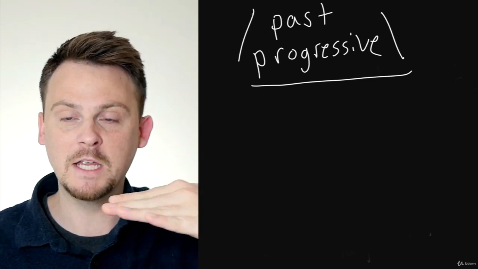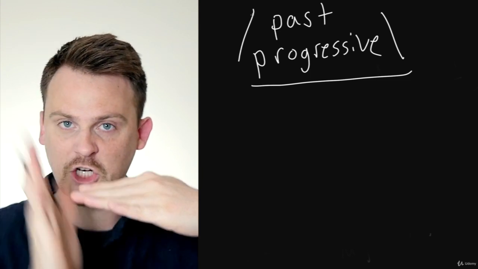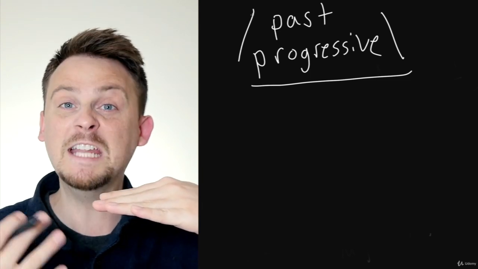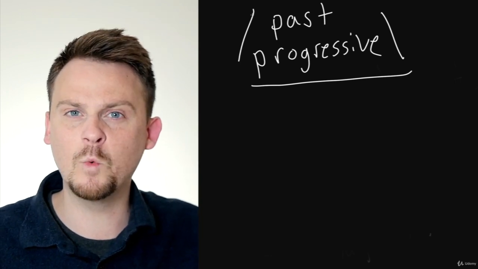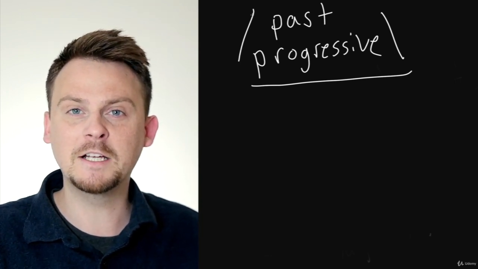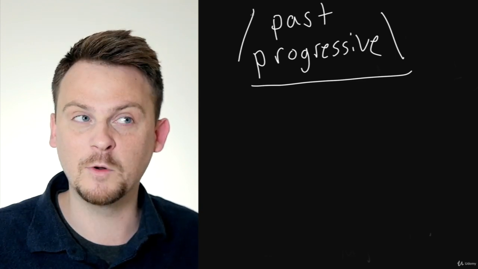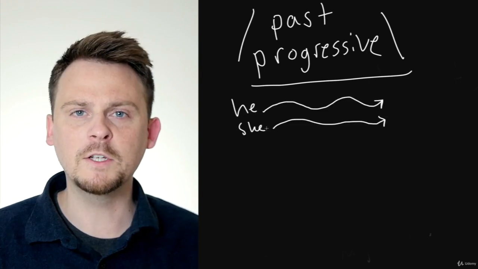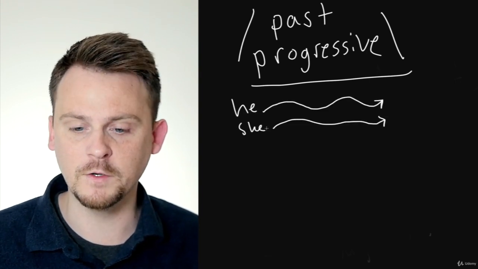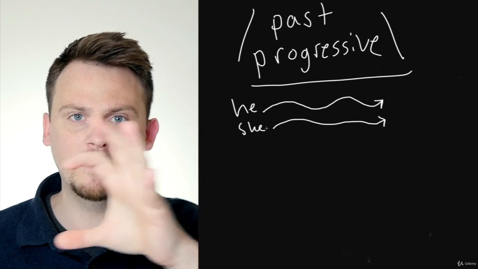Something was happening and then another very important thing went and stopped that thing or interrupted it. And we say that thing that was happening as a way to say basically a little bit of context or a little bit of background before we say this really important thing. Alright, so let's talk about the first one first. The one where there are two things going on.